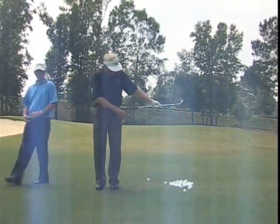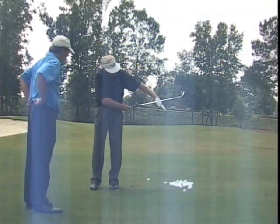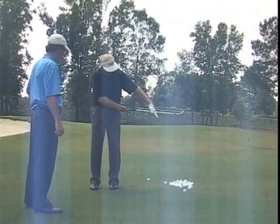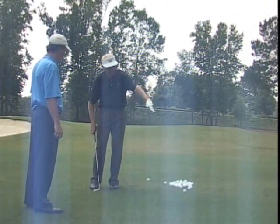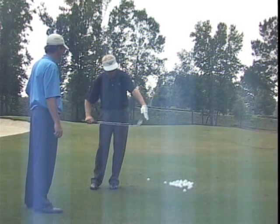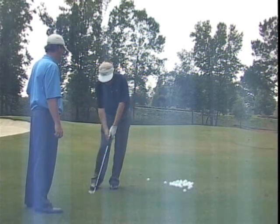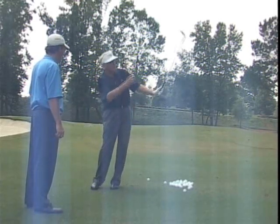We know that we have a wall back here conceptually, and the left wrist simply stays vertical to the wall. And out on the angle plane of the stroke, it looks like this. So it's the reverse roll feel. It's a palm down reverse roll feel, that's correct. Does the left wrist bend? No, not at all. And yet you see so many players trying to waft the ball up in the air